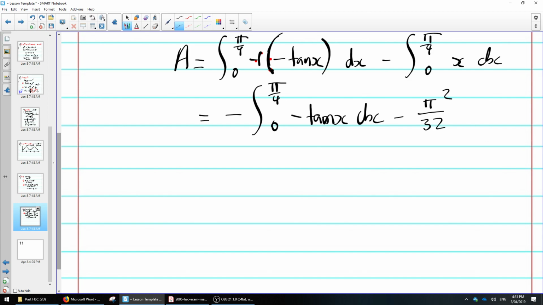You could have also done it the old way, but let's just keep it as that. So 0 to pi over 4, dx, still haven't integrated yet. What's the integral of negative tan x? What did you just differentiate? You just differentiated something to equal negative tan x. That means if I integrate negative tan x, it'll be